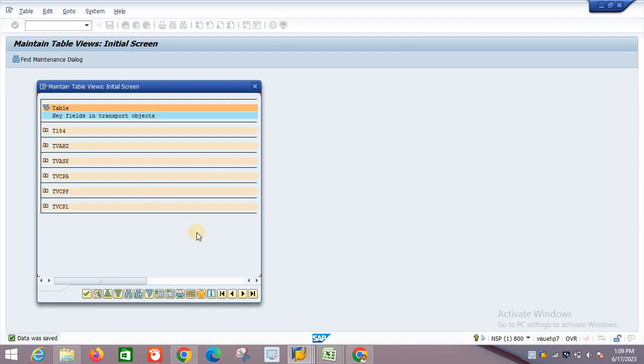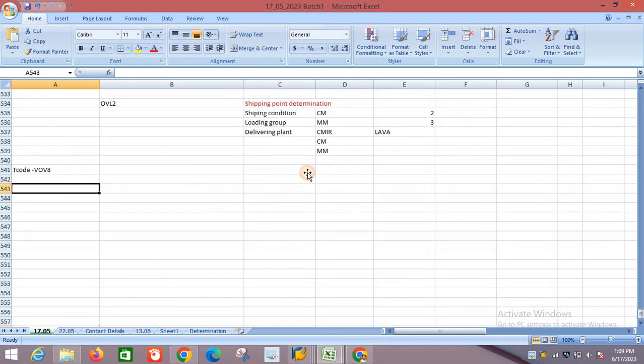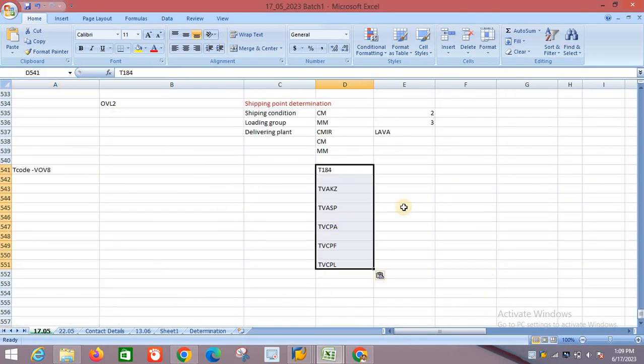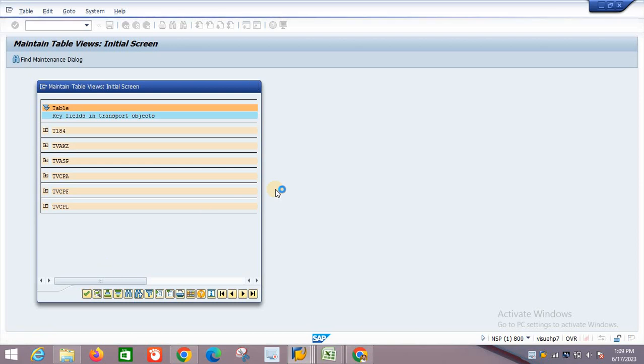And one more thing, guys: I noted down this table. This table is very important. We will go through these tables one by one.